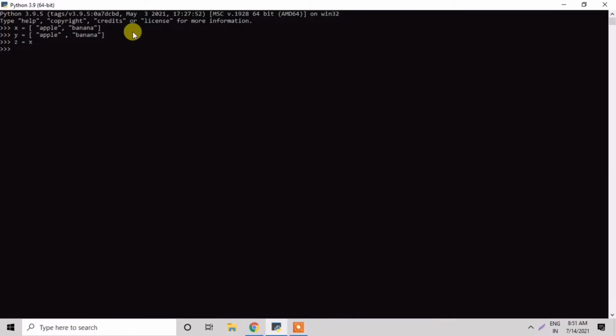Now I'll print if x is z. It is true, as x and z have the same location. So the answer is true for this equation.